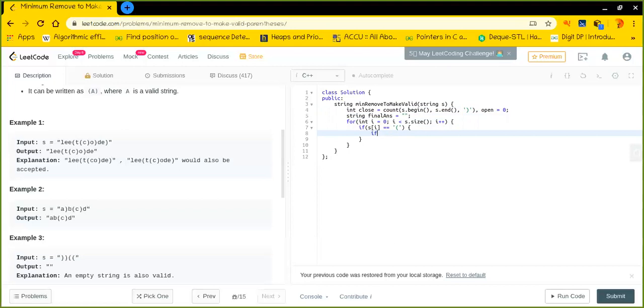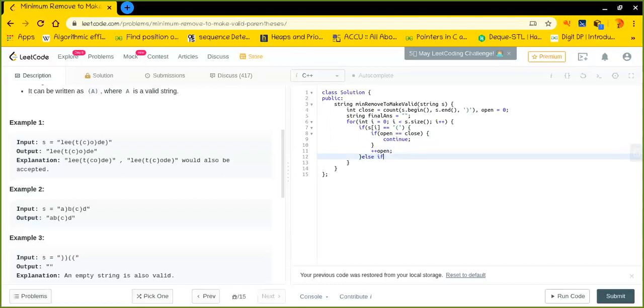As I already have explained to you, if the opening and closing values are the same, that means we have to skip it, or we can say just continue. Okay, else we can simply count the opening value, all right, and we do not need to do anything right here.